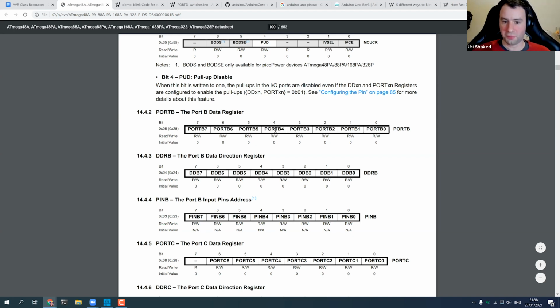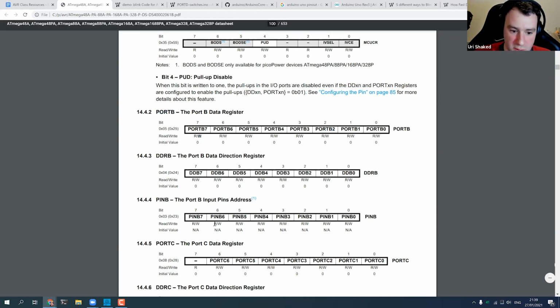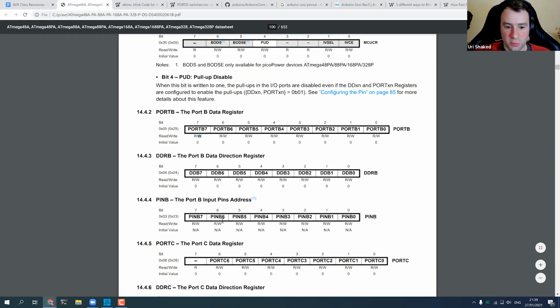So PORTB4 just equals 4. And for each of the bits of the register, you can see if it's read, write, or both. In most cases, the bits will be read/write unless they don't have a specific function.